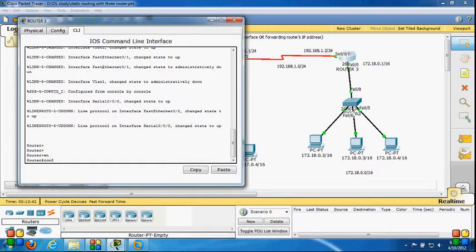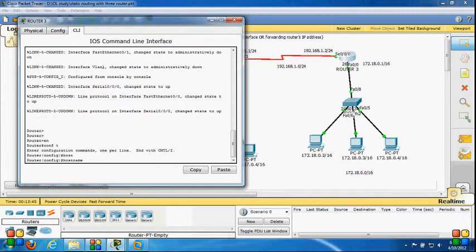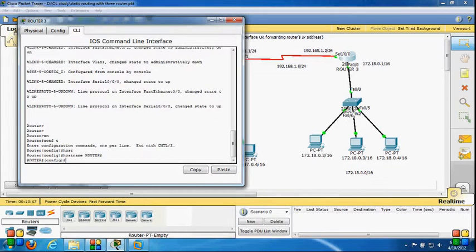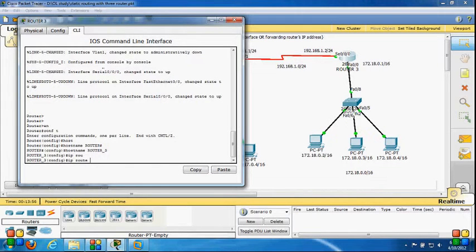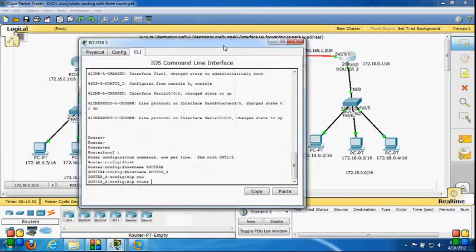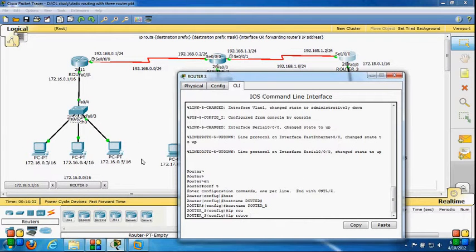Enable, config t. Host name router 3, and now ip route. This time my destination network is 172.16.0.0, the subnet mask is 255.255.0.0, and this time my next hop IP is 192.168.1.1, because I have to go to router 2's serial 0/0/1 interface to reach that network.